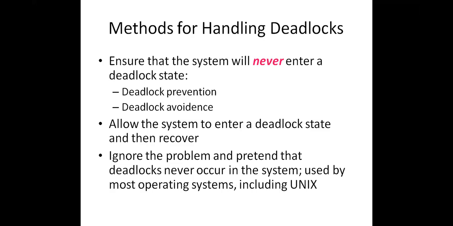Okay, and then the third step: if there is a deadlock, what happens if we detect it and, unfortunately, we enter into the deadlock state? What we need to do is recover from the deadlock. And the last one is ignore the problem. We pretend that deadlock will never occur in the system. That is the last one.